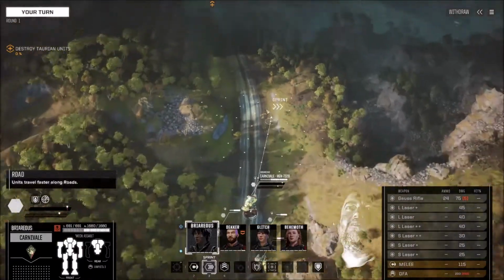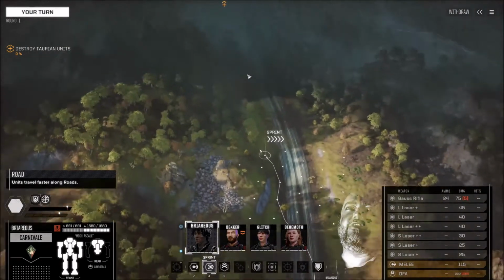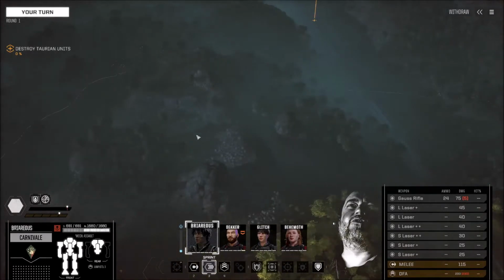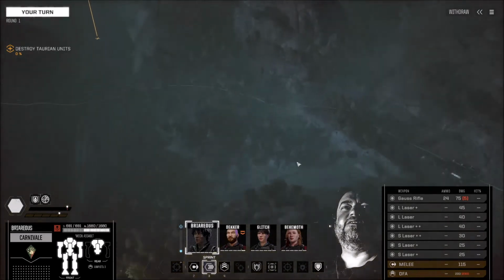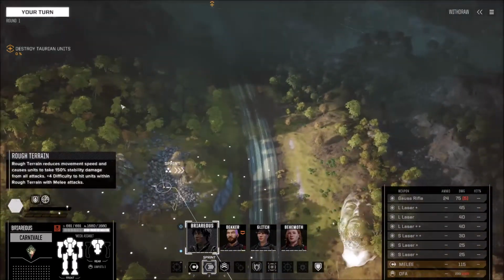Time to get paid. Destroy Taurian units, they're right up the road. Okay, so our engagement line is probably around here. We've got high ground here, which probably has hidden areas here. Looks like we've got cover here, so maybe I want to take